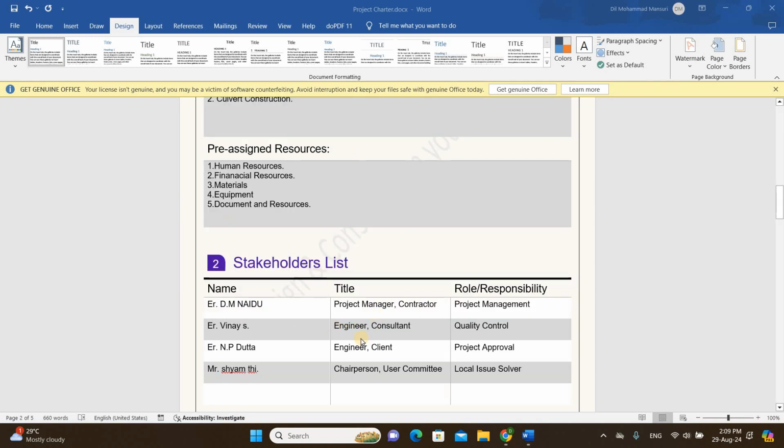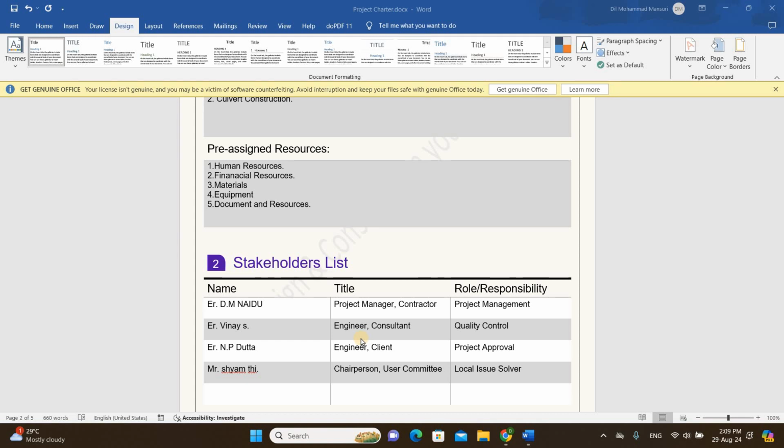You have the stakeholders. The stakeholder list is very important in any project, because we have the client, consultant, and contractor. It is just a team of work. We have to mention the stakeholder list and its details, because if any issue or risk arises, all the stakeholders gather together and solve the problem. It shows whose responsibility it is to solve what kind of problem. The problem can be solved by having a meeting with your stakeholders.